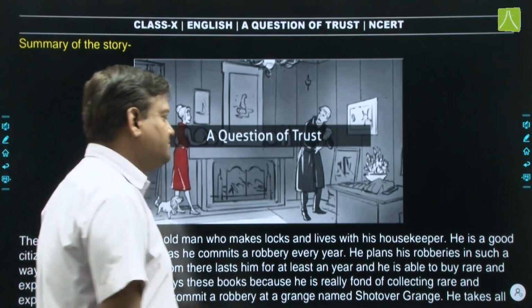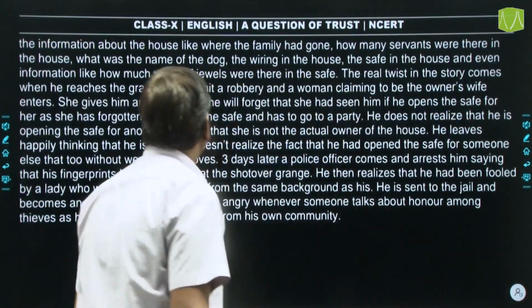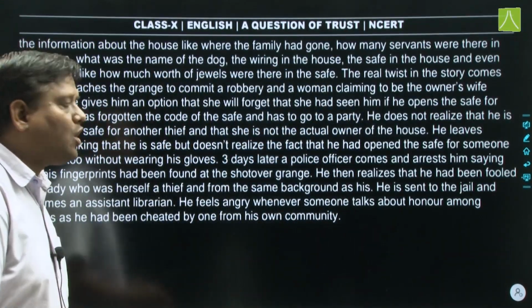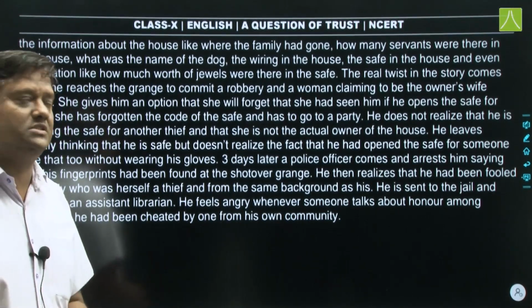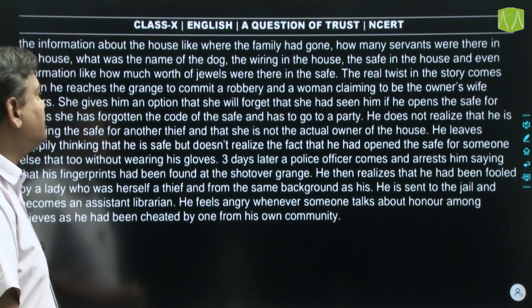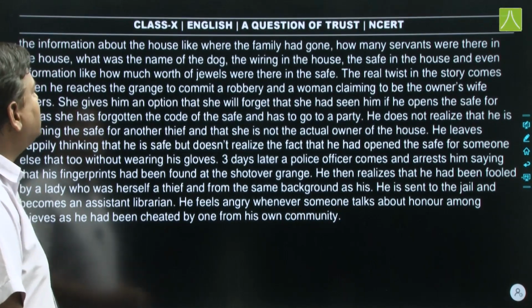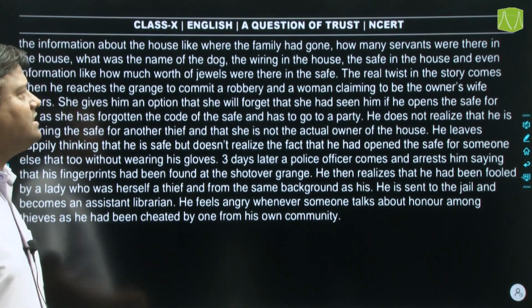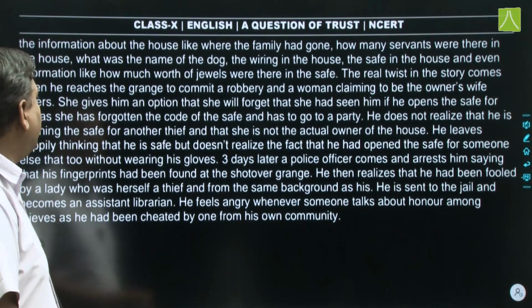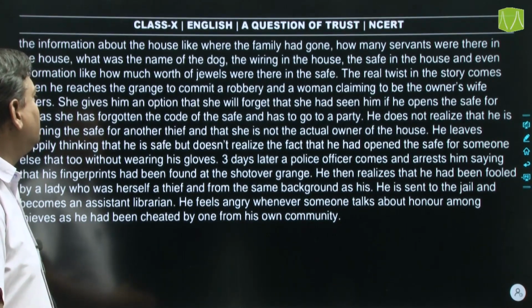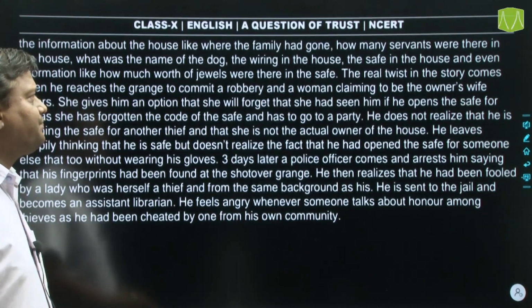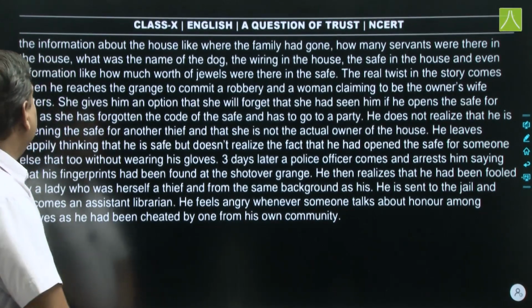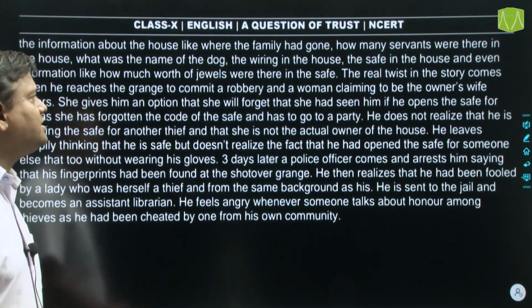He takes all the information about the house, like where the family had gone. The family had gone to London. How many servants were there in the house? What is the name of the dog? The wiring in the house, the safe in the house, and even information like how much worth of jewels were there in the safe. The real twist in the story comes when he reaches the grange to commit a robbery